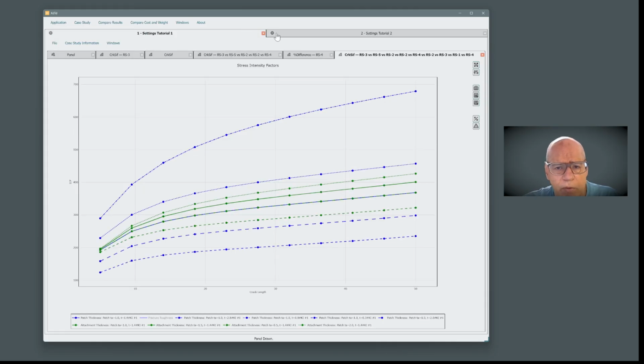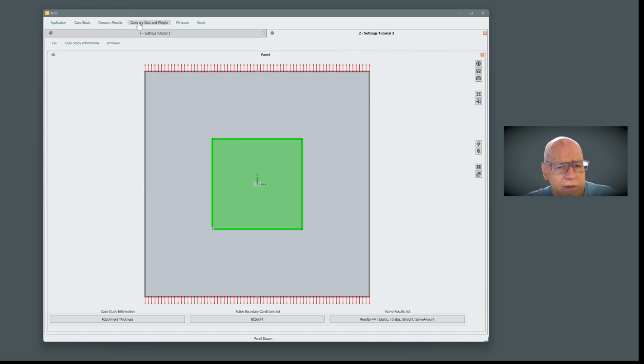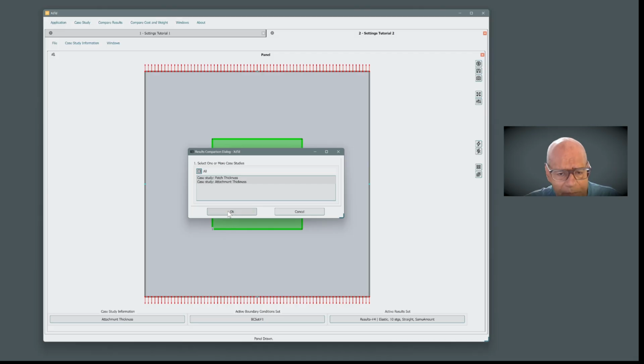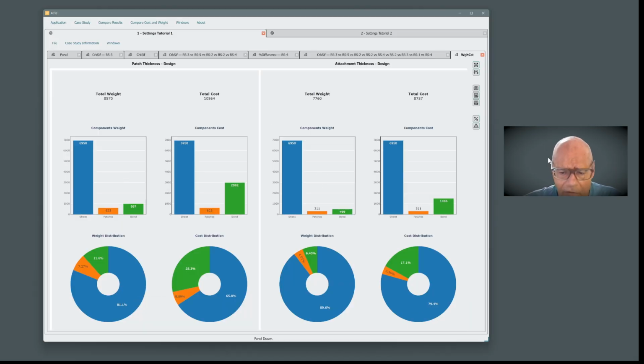Regarding case studies comparison, there is one last handy feature, is that you can compare their cost and weight, right? I'll use the side-by-side comparison here. So I can see for each of the case studies in the final configuration. So for example, we made parametric studies where we changed the thickness of the patch. That changes the cost and weight. What we are picking up here is the last one, the one that corresponds to what is set in the property. So if I come in the here in the panel,